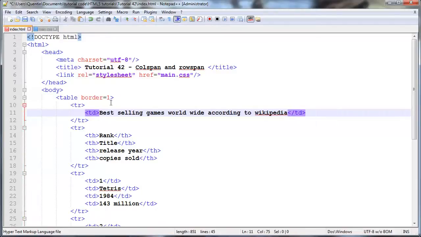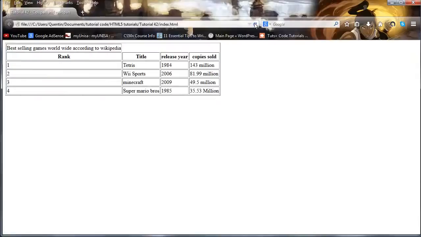But we now want to make this cell actually span over multiple columns, because if I refresh this right now, you can see we've got this table data, or this table cell over here,